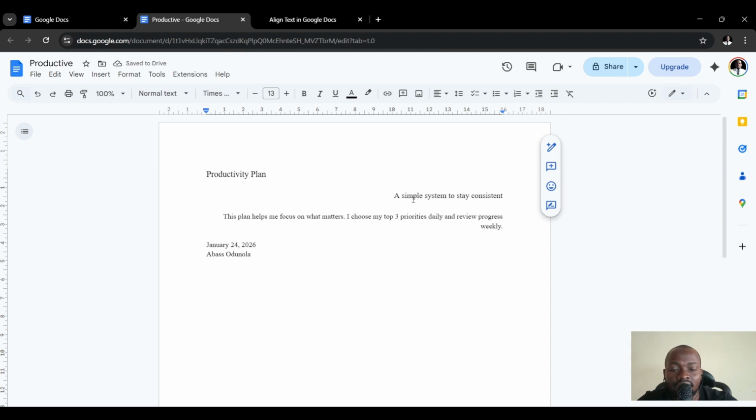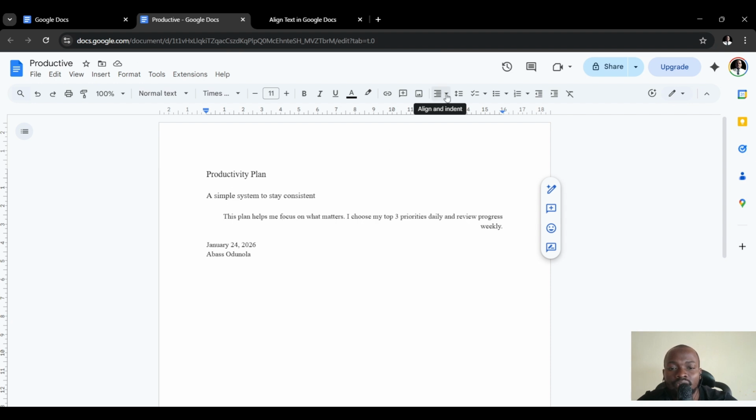The same thing with the second expression. So I would put my cursor anywhere here. Then the next thing I would do is to come to the align and indent feature. I will click the drop down, and I can now left align it. And that's it. So for the third expression or the third statement here, I want to left align it as